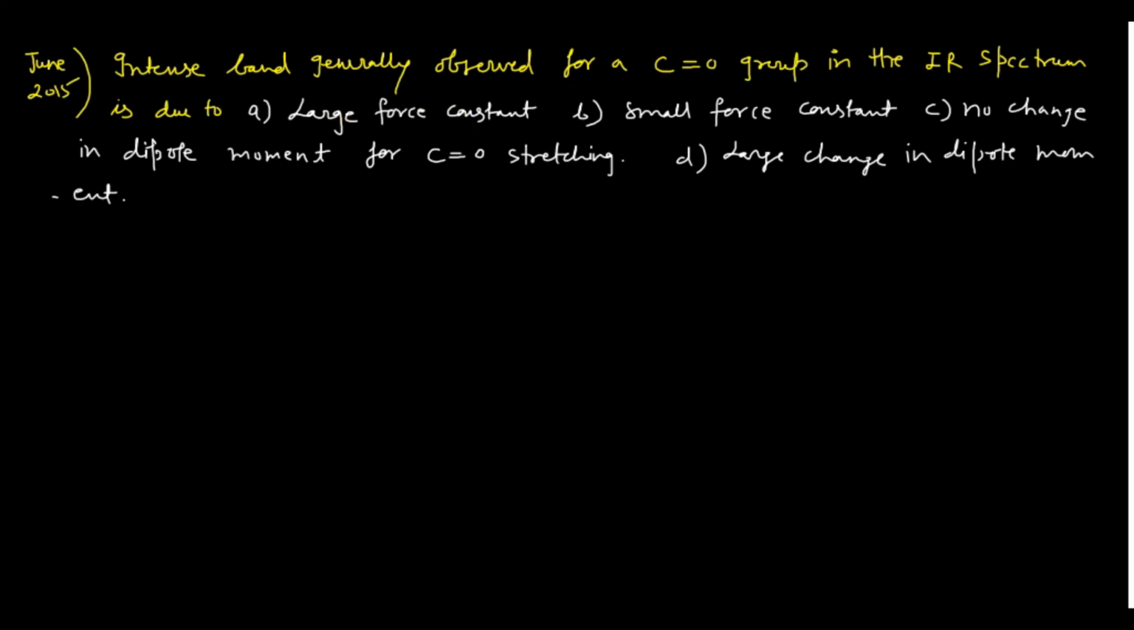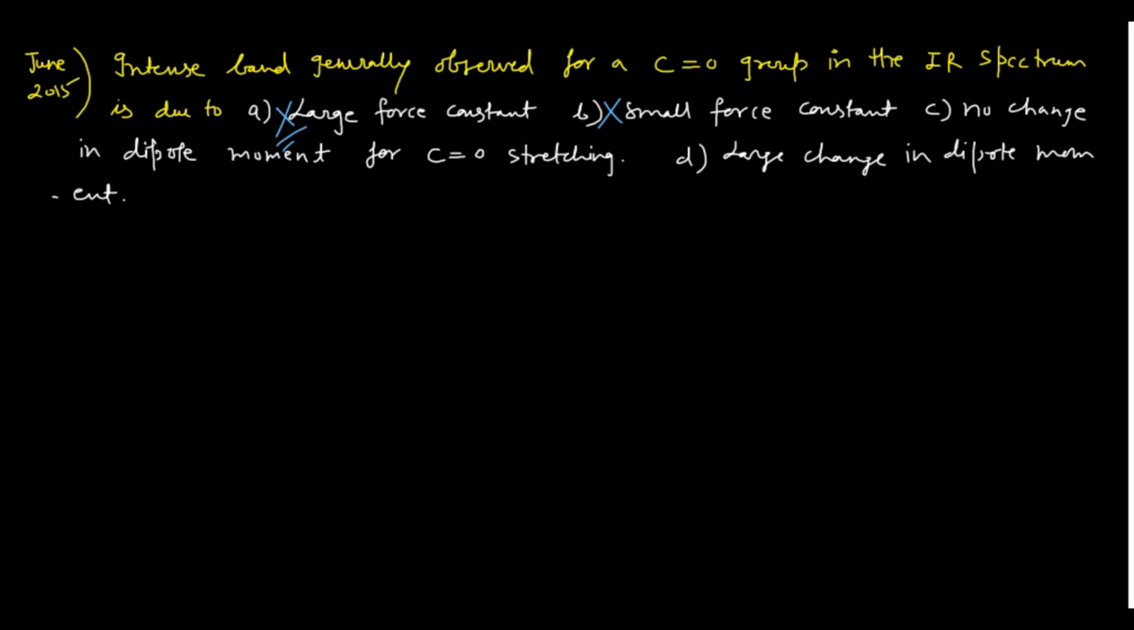So you can immediately strike out this one. Then what is your second option? Small force constant. Again you can strike out this one. There is nothing to do with the force constant. And then your option C, no change in the dipole moment of the carbonyl stretching frequency. See guys, this cannot be the answer, because for a molecule to be IR active, it is a necessary condition that